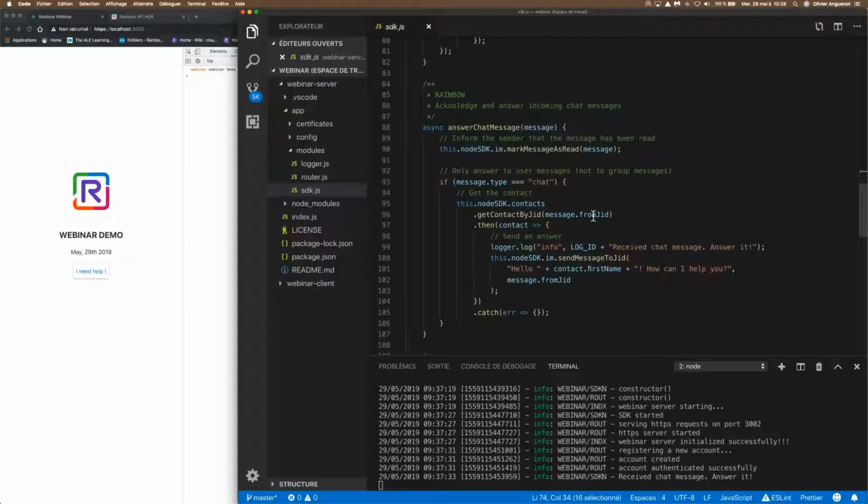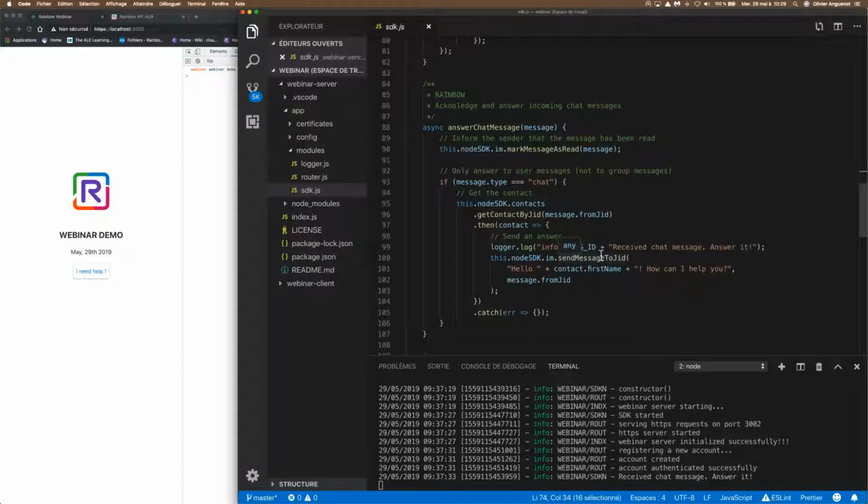And once it's okay, using the GID information contained in that message, I try to find who asked for help, so asking Rainbow. And then I find that contact, so it can be a guest user. In that case, there is no first name, no last name, so the bot will just answer by sending the message, hello, how can I help you? And if it is a real user, for the second demo, I will just answer by hello, Oliver, or hello, another name, how can I help you?